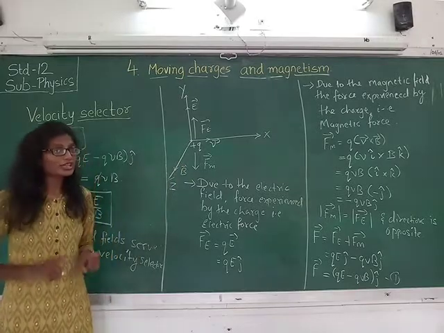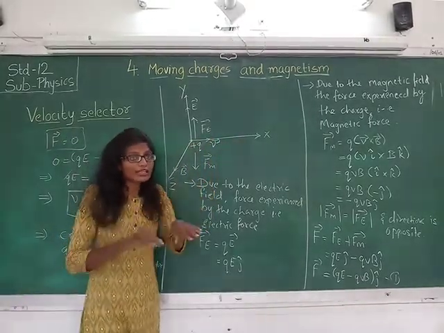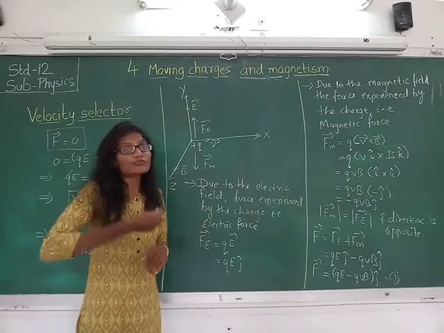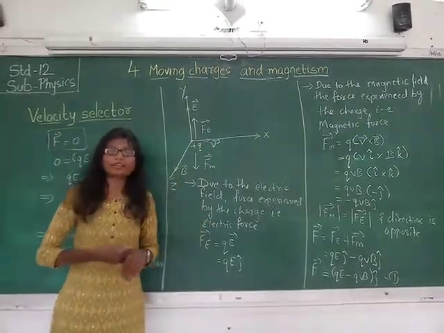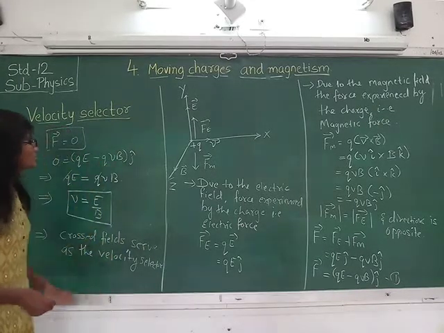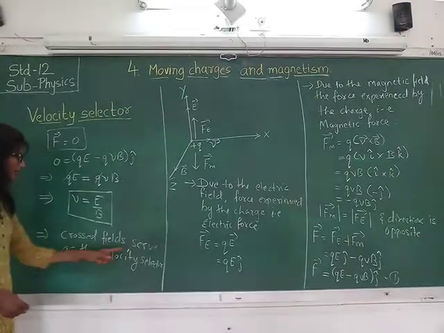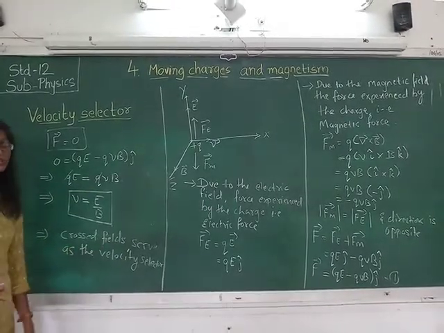And in that condition only, the charged particle will move freely without having any force of the electric and magnetic field on it. So, students, you may note down the rest of the derivation part, and you need to know this, that is crossed fields, that is vector E